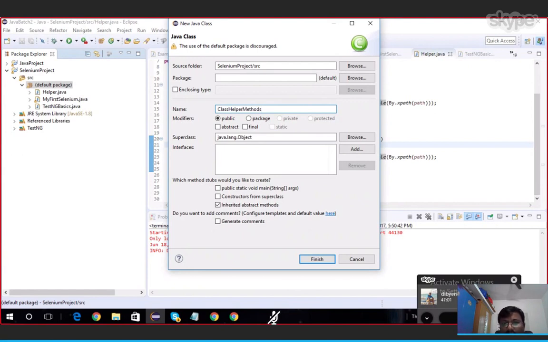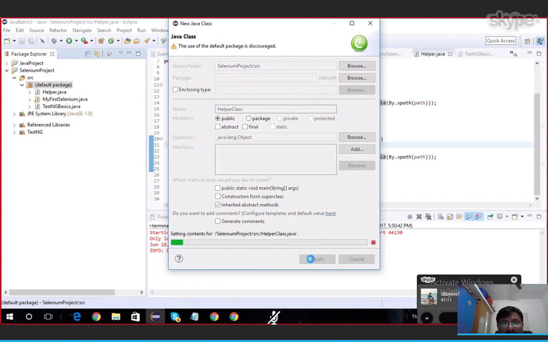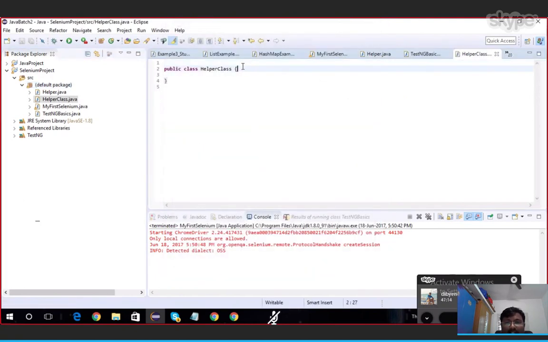Okay, or else helper class. So inside this, what I am going to do is that thread.sleep. For that, I will write a method instead of writing every time there 3-4 lines of code, okay, I'm writing a separate class.